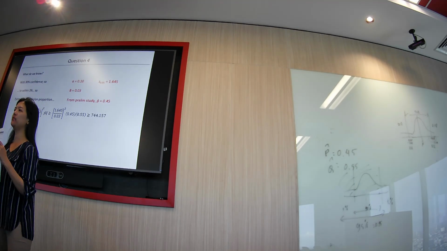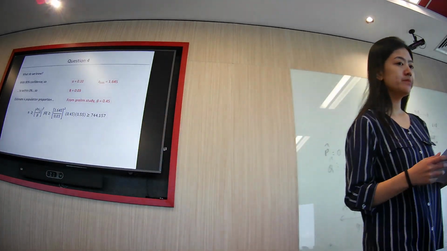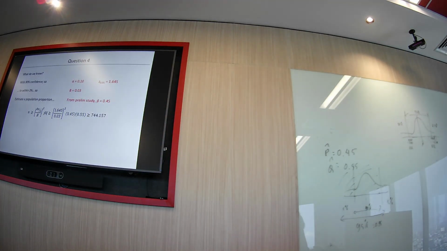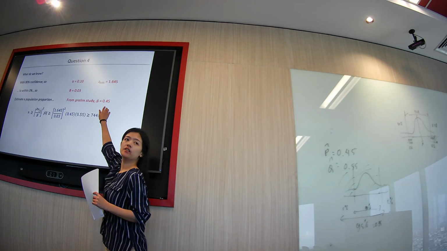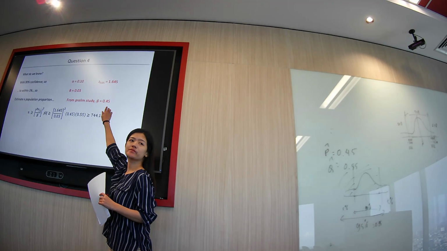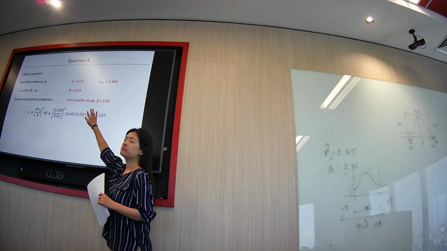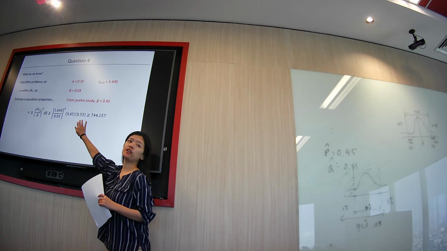You need to find the x bar. Then why is the 0.45 now 0.5? Where does it come from? It is given from the question. So we just calculate all of it and then the final result is 7.44. You get this one, right? The q is 1 minus 0.5.